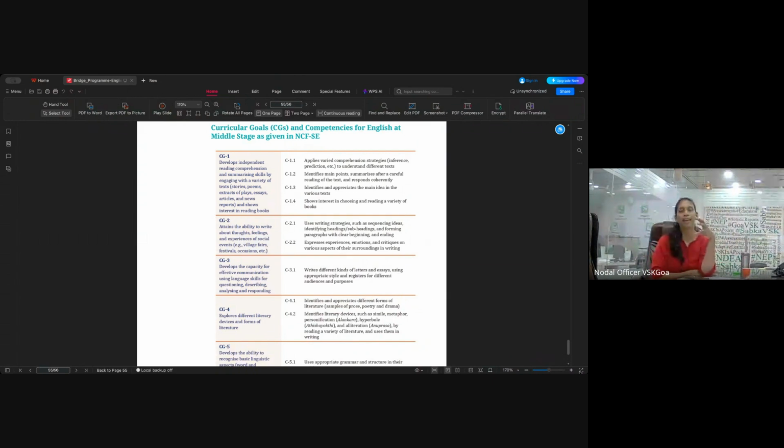So every time you engage in an activity that is based on reading and comprehension, you should have these competencies being achieved by the children. If you look at the second curricular goal, children attain the ability to write about thoughts, feelings, experiences of social events, for example, village fairs, festivals, occasions, etc. As we go through the activities, you will see that unlike the 5th, 6th, and 7th, there is more importance in the 8th standard bridge course given to the expression of ideas, thoughts, and feelings through the language of English